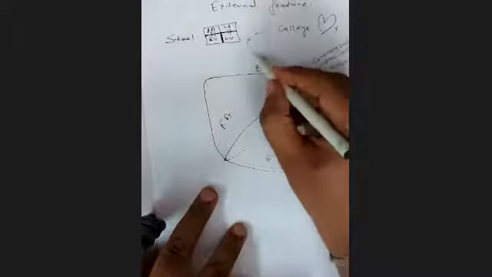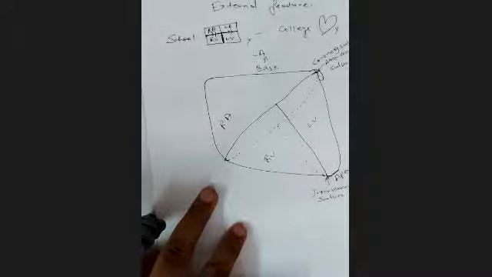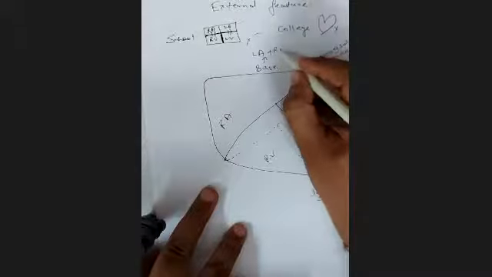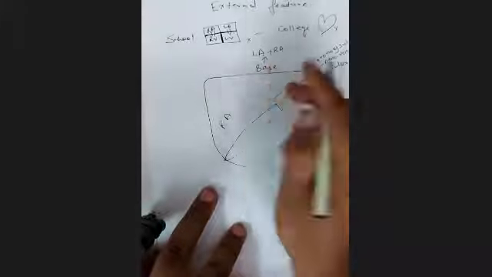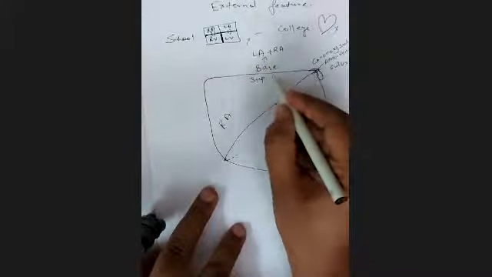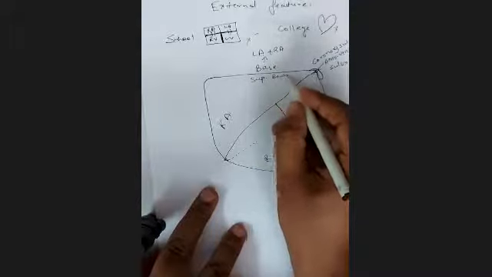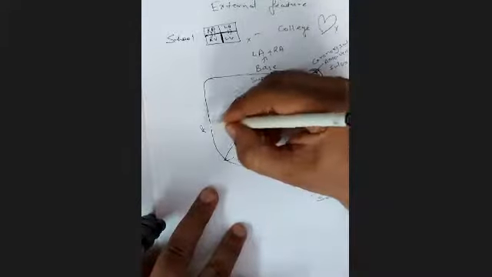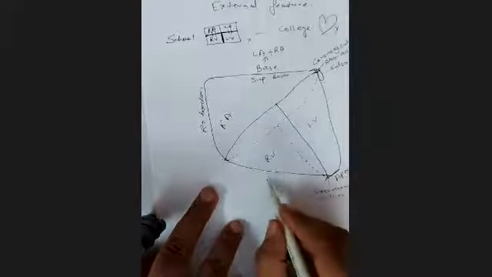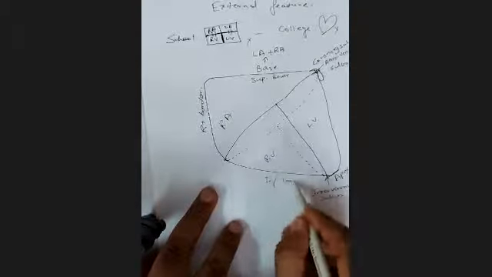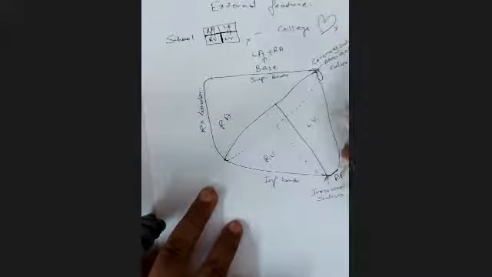The base is formed mainly by the left atrium and the right atrium. The base is on the posterior aspect, because here you cannot see the base. What you are seeing here is the superior border. This is the superior border. Then this is the right border. This is the inferior border. This is the left border.